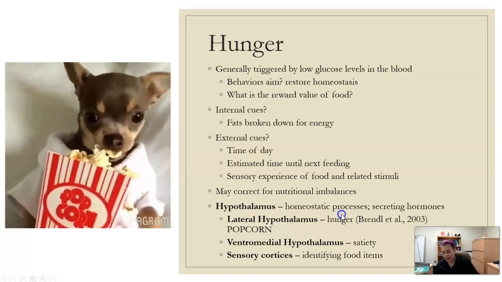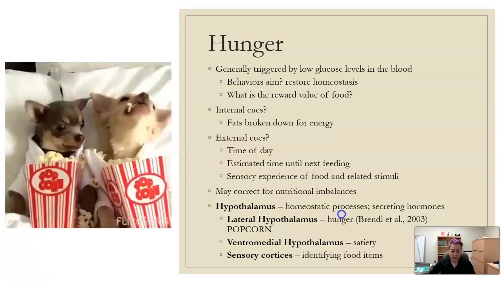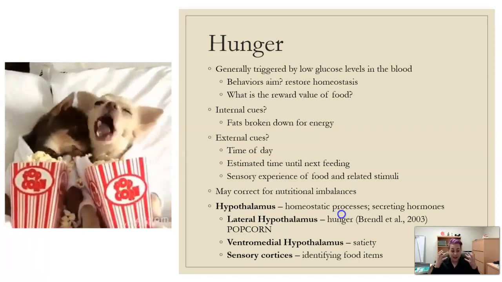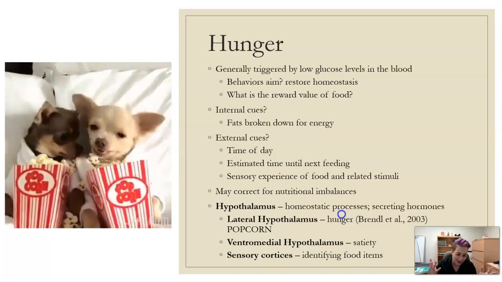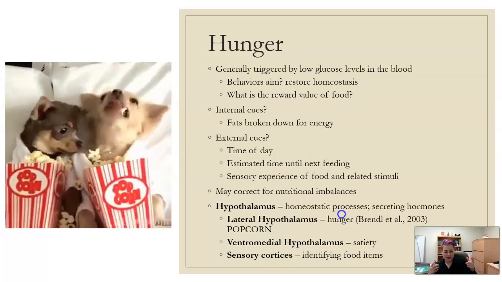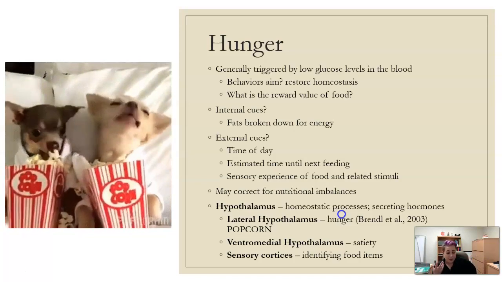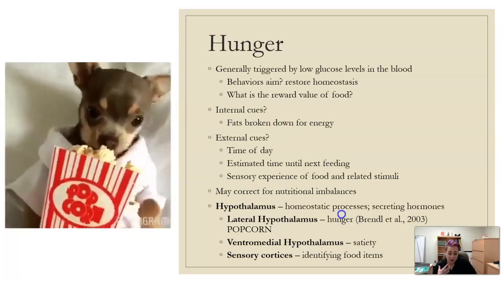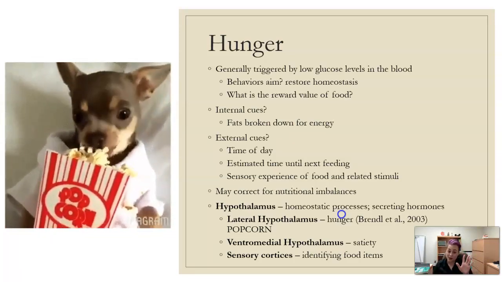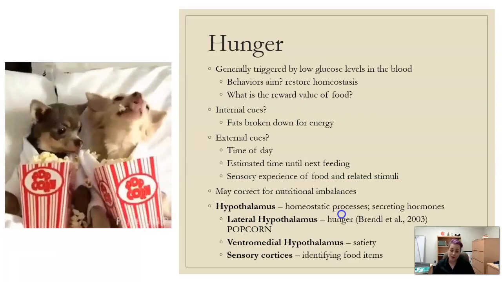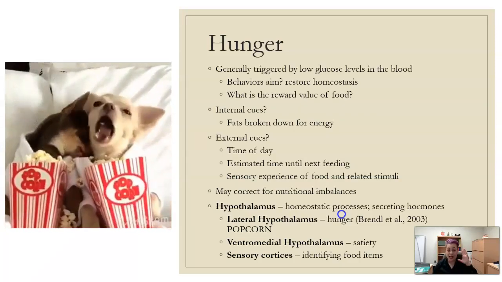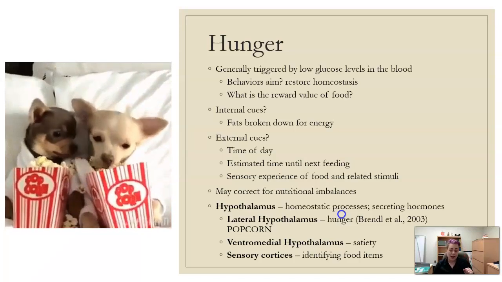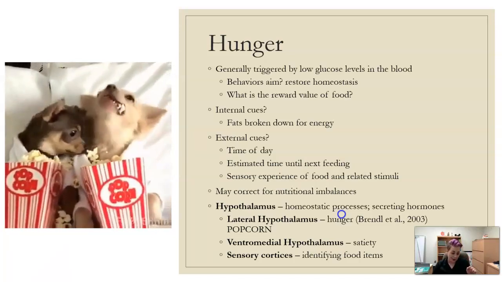So basically, your body, your stomach's going to send signals to your brain that says, hey, I'm hungry. Now that's oversimplified. And the lateral hypothalamus is like, got it, right? And you're going to be motivated to eat. But you should eat slowly because it takes about 20 minutes for your body to send out those hormones and signals to your brain saying, hey, I'm full, stop eating. My brain apparently doesn't work like that.